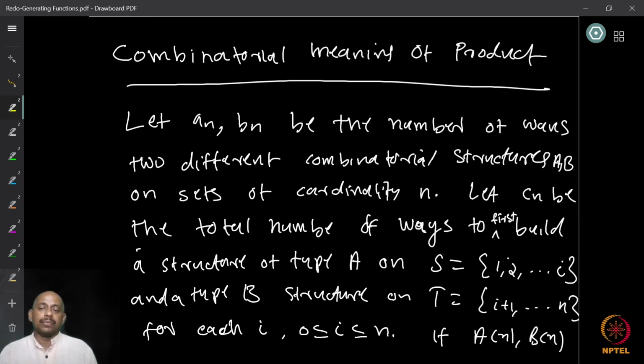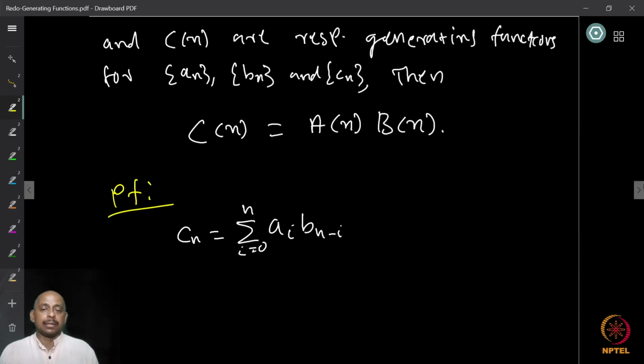So if we define our C-type structures to be built this way, then c_n is precisely the summation of a_i times b_(n minus i) for i equal to 0 to n. But that is the definition of the product of the generating functions, right? So we said that A(x) times B(x) is the summation over n greater than or equal to 0,